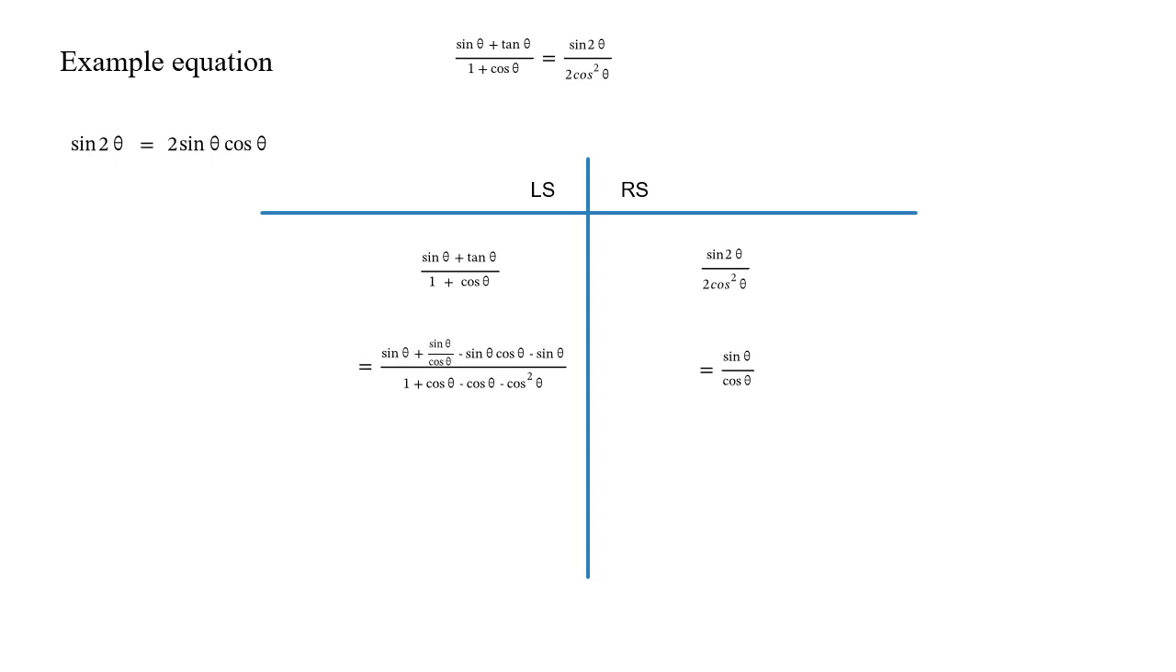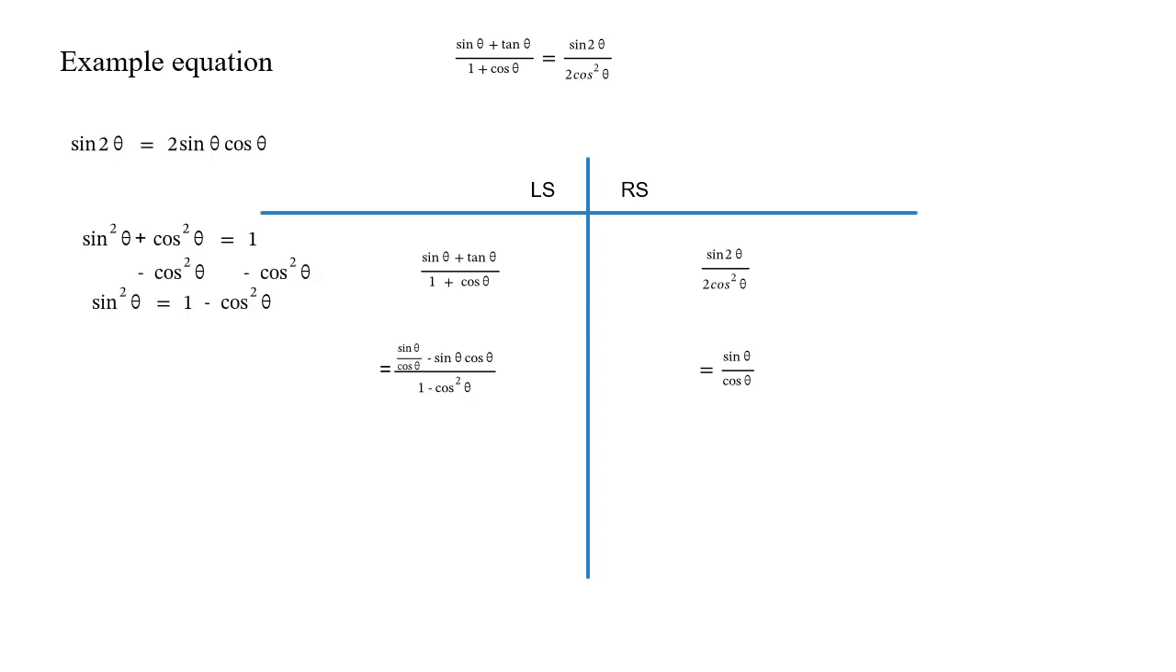Now on the top here, we are both adding and subtracting sine theta, so we can cancel out those terms, leaving us just sine theta divided by cosine theta minus sine theta times cosine theta on the top. And in the denominator, we are both adding and subtracting cosine theta, so those will cancel out, leaving just 1 minus cosine squared theta. Now using the Pythagorean identity, we can see that 1 minus cosine squared theta is equal to sine squared theta, so we can replace the denominator, which in this case is 1 minus cosine squared theta,